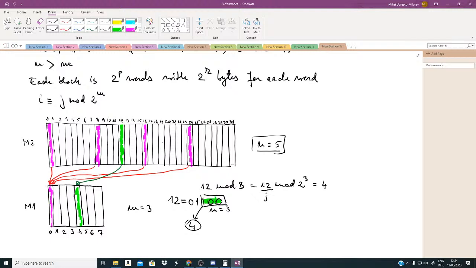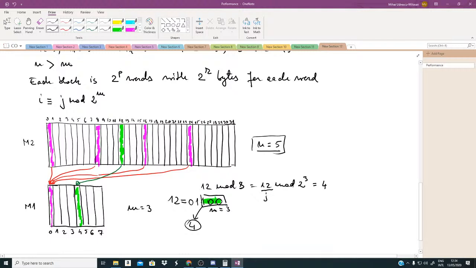So, in such a case, when we need some word from block 16, but block 16 is not in the cache because that index is occupied by block 0, we need to throw out block number 0 and bring block 16 into the cache. Now, to update a block that is thrown out of the cache in the main memory,